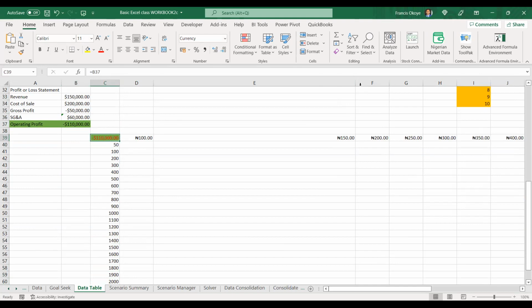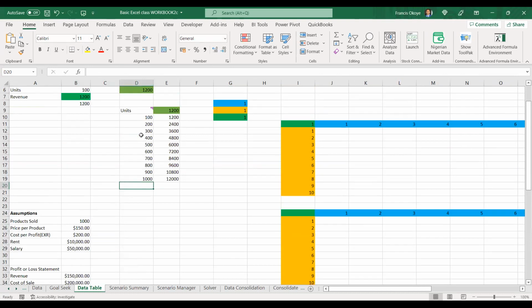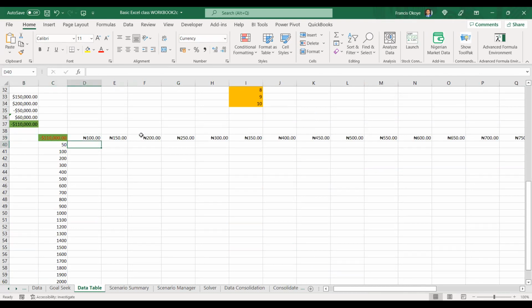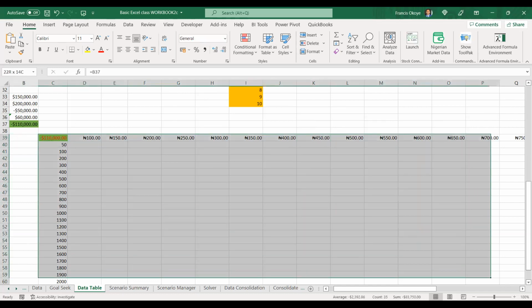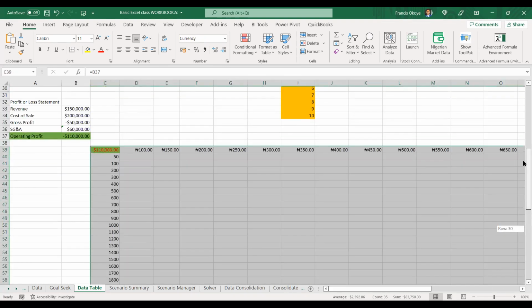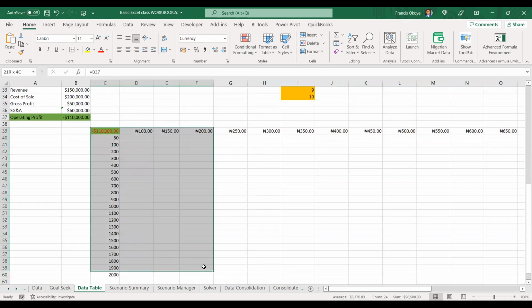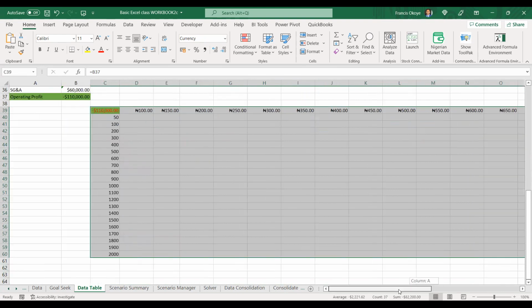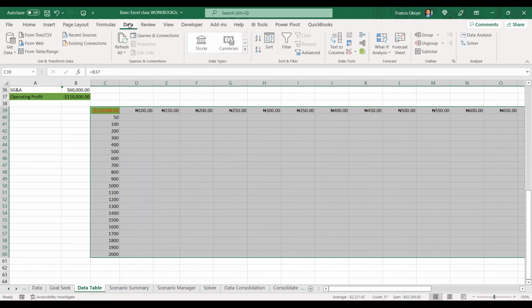Once you have done that, here we have our prices, and here is our quantity. So what we are going to be seeing is the corresponding profits based on that calculation. I can now highlight my data, up to this point. So that is highlighted now, right? That's what I want to calculate. So let me come here now. Data.